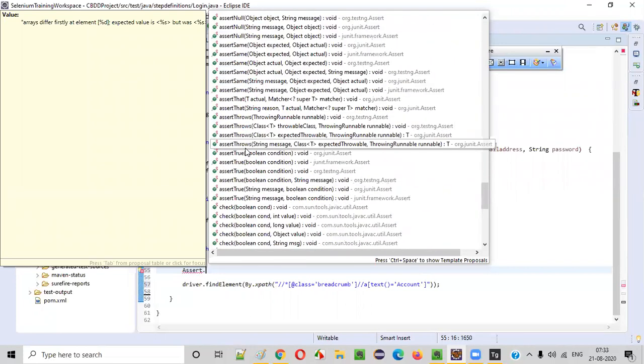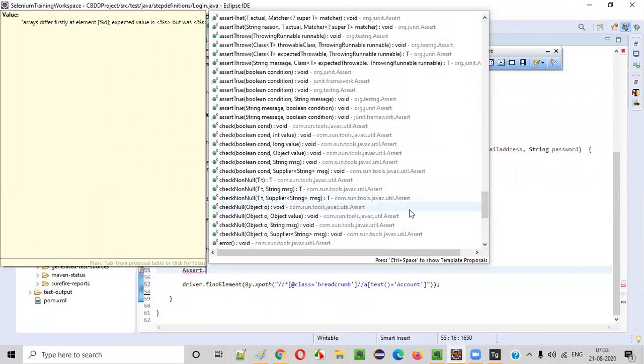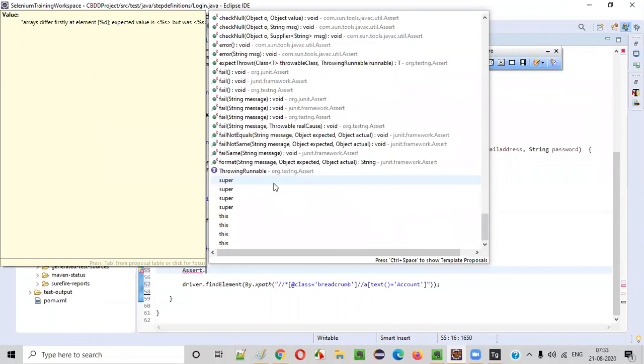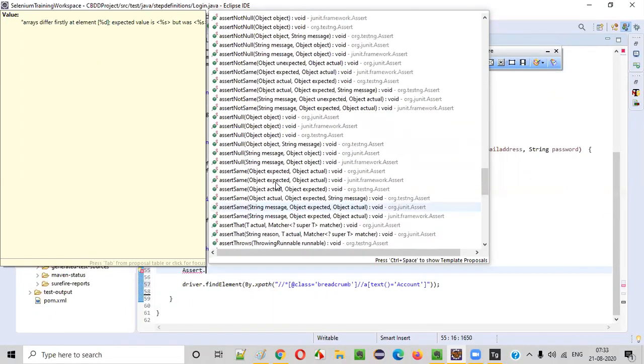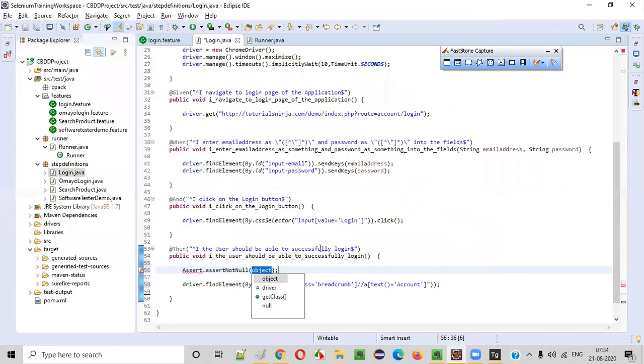So there is something like assert null, assert not null. Here you see, assert not null is here. Assert not null from JUnit I am taking, not from TestNG, guys. If you can see here, the assert not null method from JUnit I am taking.